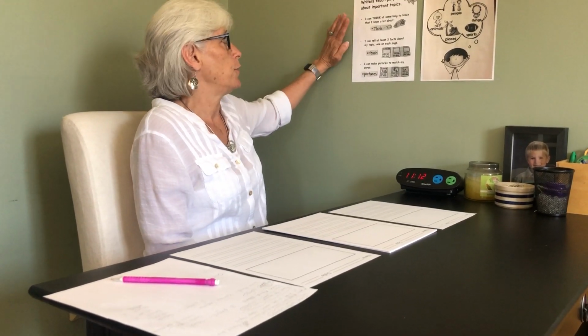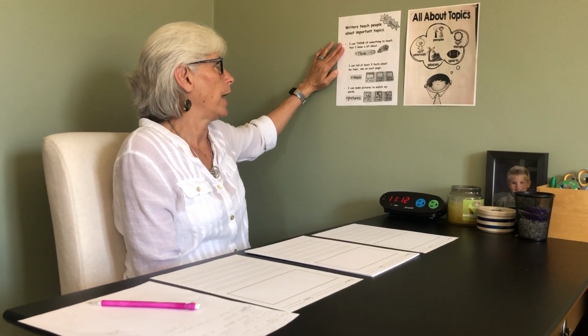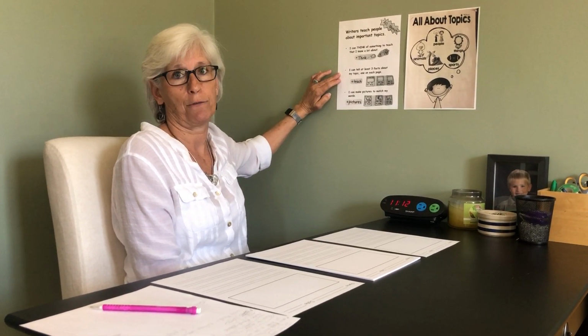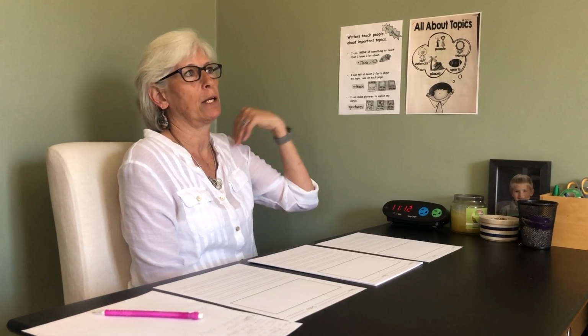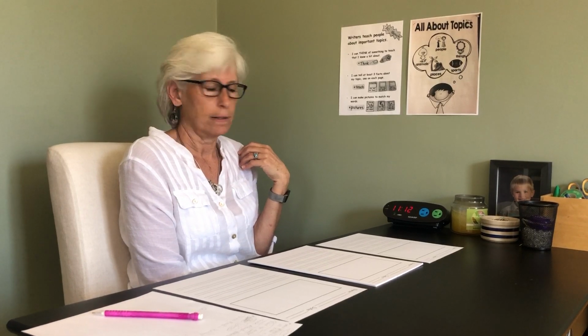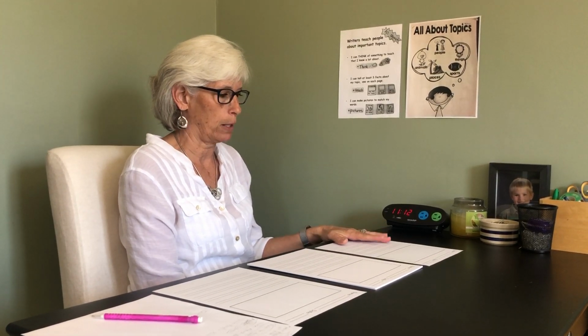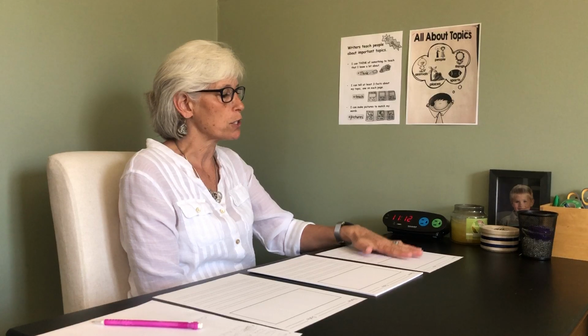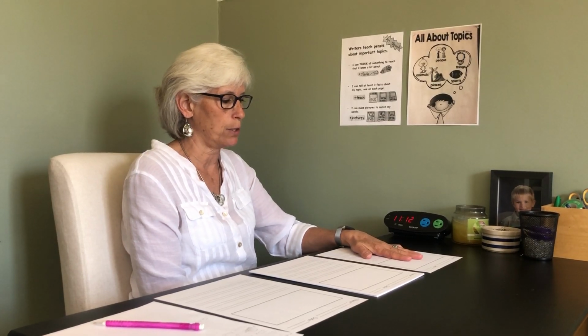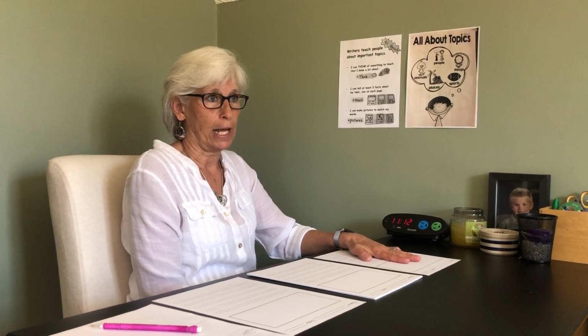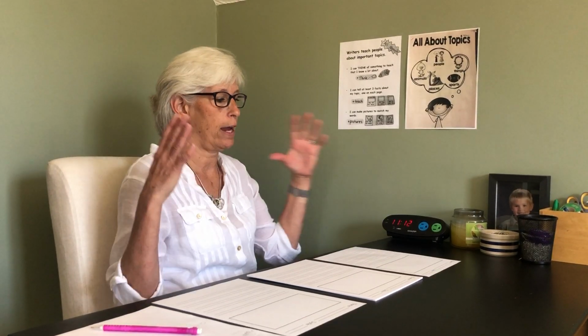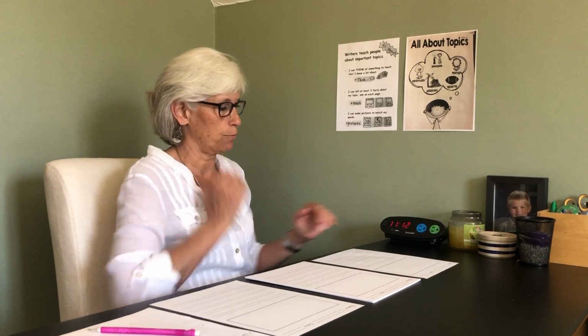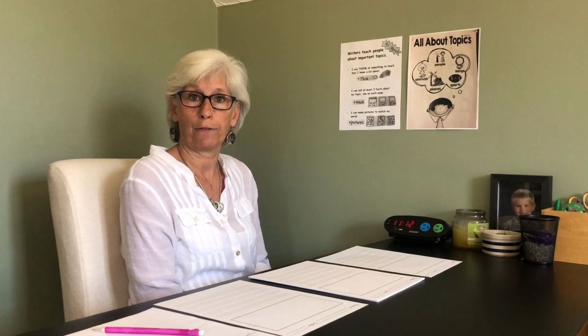So the first thing I have to do is think of something that I know that I can teach a lot about, and I have to have 3 facts. So on the first page, what I decided was I was going to teach about lions. And one of the things that I know about lions is what they look like. So on the first page, I'm going to tell what lions look like. I know that they are mostly a yellowish color, and the male lion, or the boy lion, has a very big mane. It's real furry. And I like that about lions, so I'll make sure I put that on the first page.